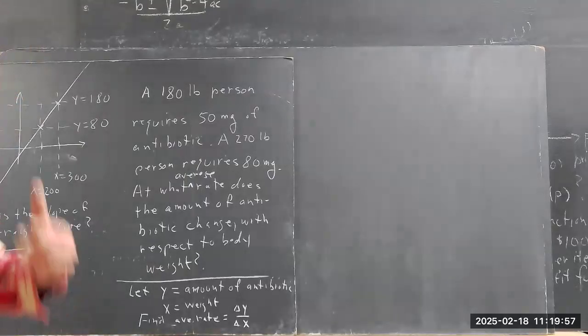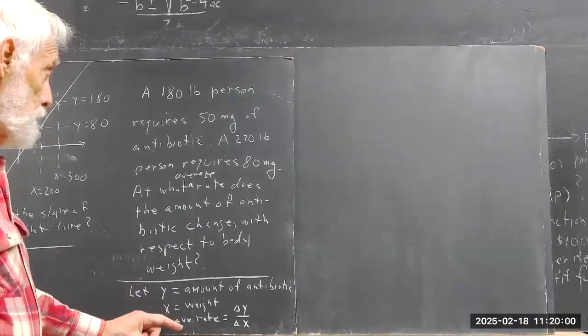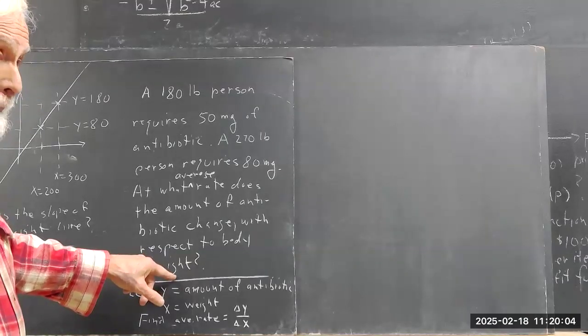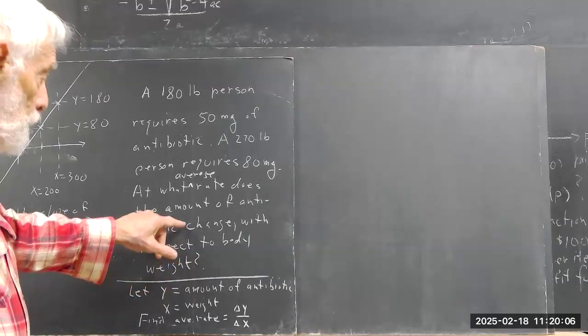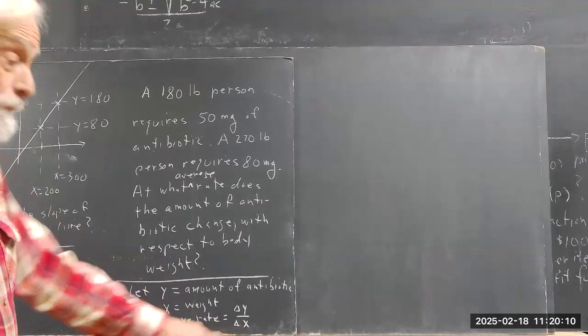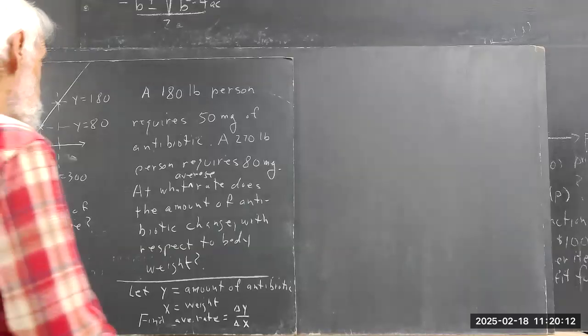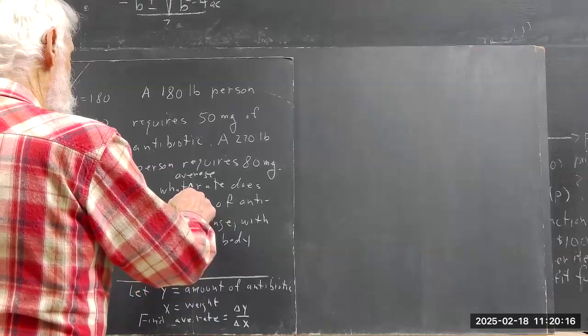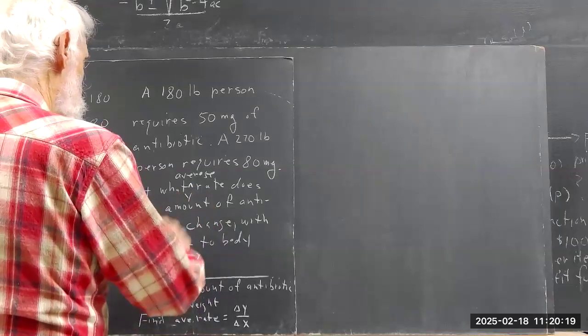It's the average rate of change with respect to body weight. With respect to is the one that goes in the denominator. So that's average rate of change of y with respect to